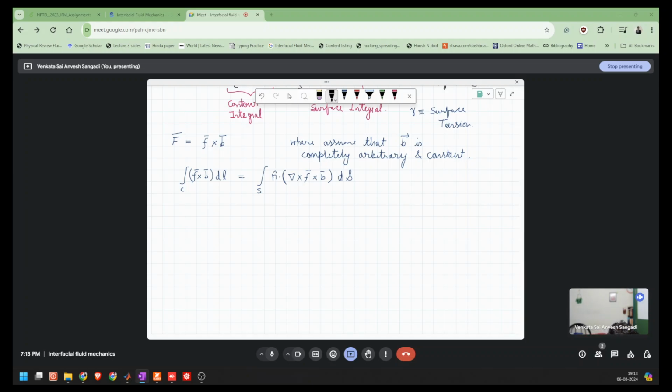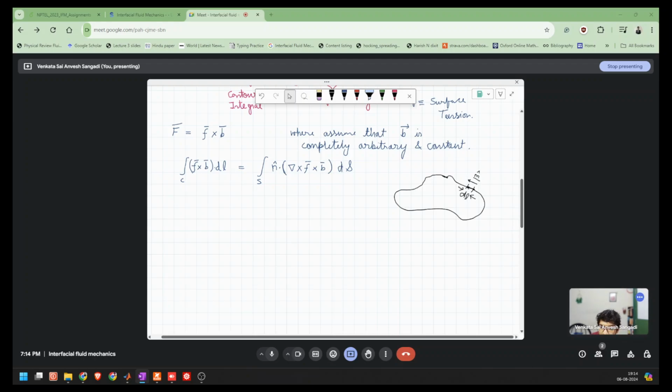I'll redraw the diagram. So if we take a small length dl, then m is the direction of the vector dl. Then we can write it's a dot here. Then it will be